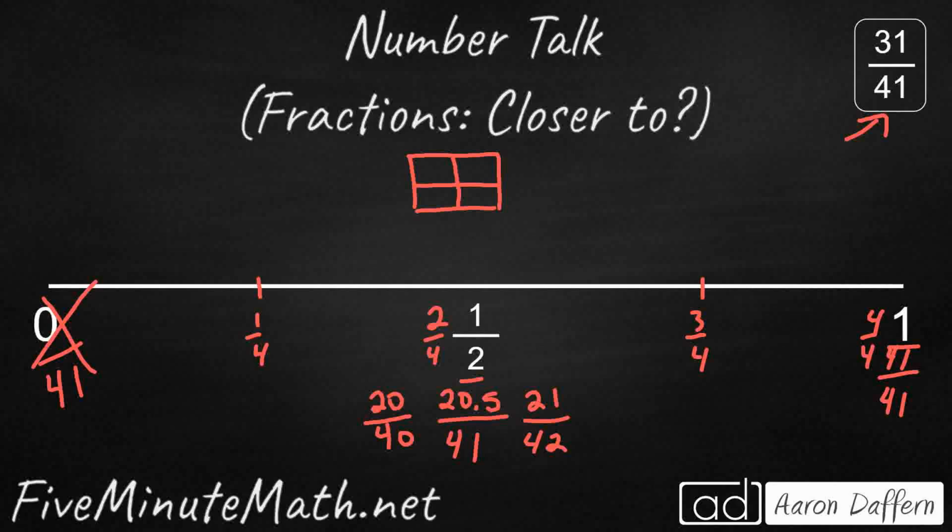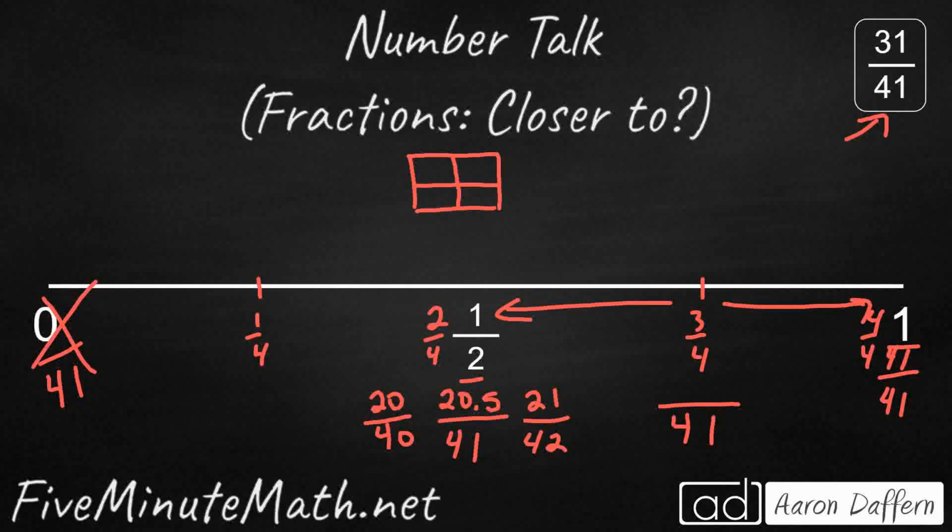So if my 31/41 lands on this side, it's closer to 1. If it lands on this side, it's going to be closer to 1/2. So that denominator 4 doesn't help me. So I need to figure out what is halfway in between 1/2 and 1, or in this case, 20.5